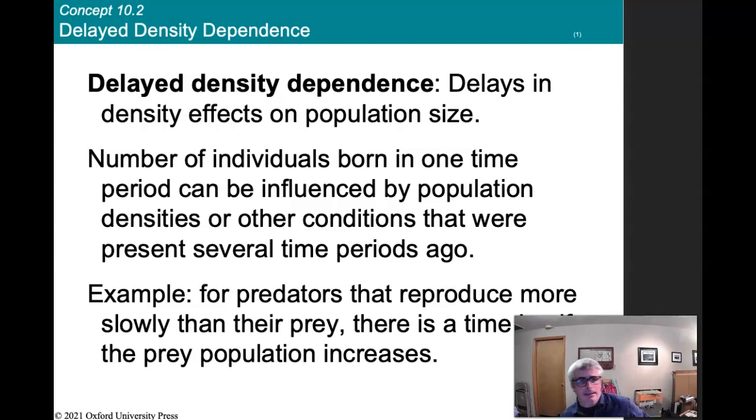Okay, so the next section for chapter 10, looking at delayed density dependence. Delays in density effects on population size, which is the number of individuals born in one period, can be influenced by the population densities and other conditions that were present several time periods ago. For example, predators that reproduce more slowly than prey, there's a time lag if the prey population increases, meaning that